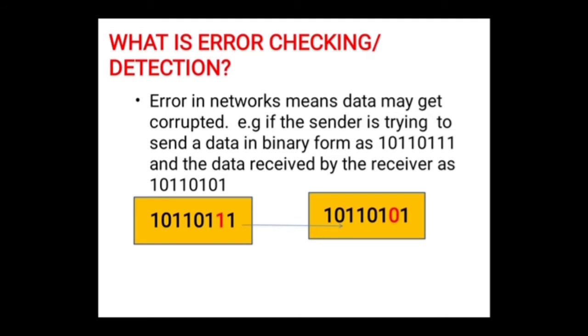So what do you mean by an error? Error in computer networks means suppose we are sending any data. We all know that data is always sent in the form of binary numbers, and if by any chance that binary number, that means 0s or 1s, is changed during transmission of the data. As you can see on your screen, the second last digit is 1, but when received by the receiver it becomes a 0. So now my complete data is incorrect or corrupted.